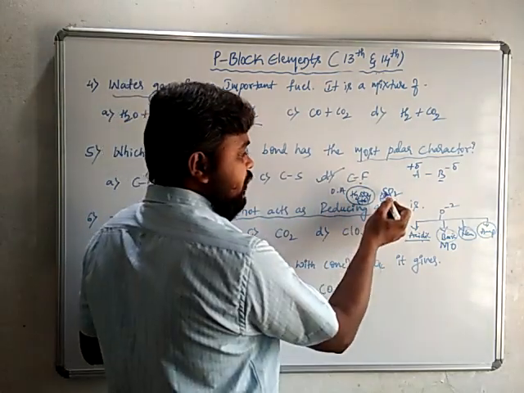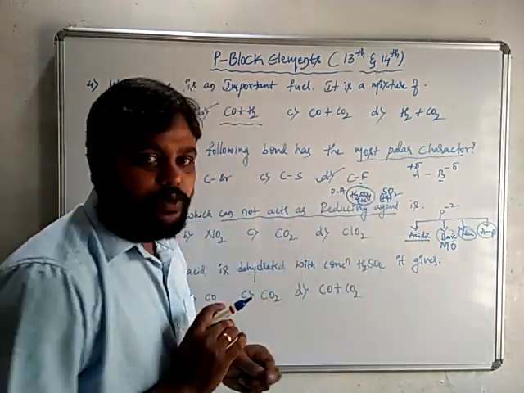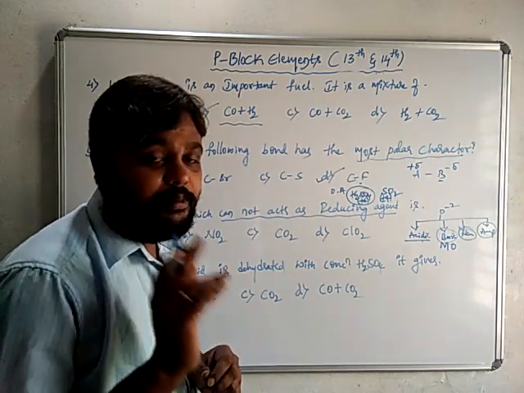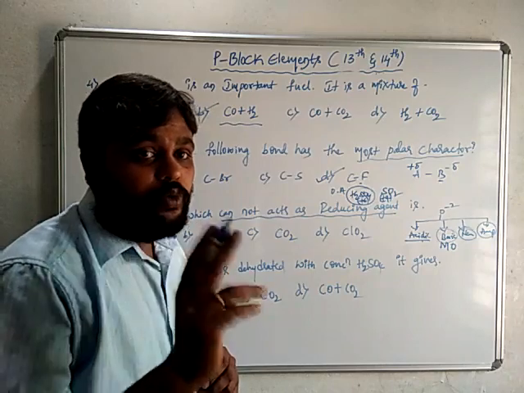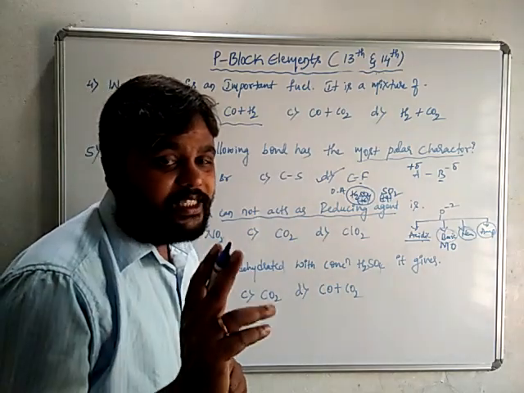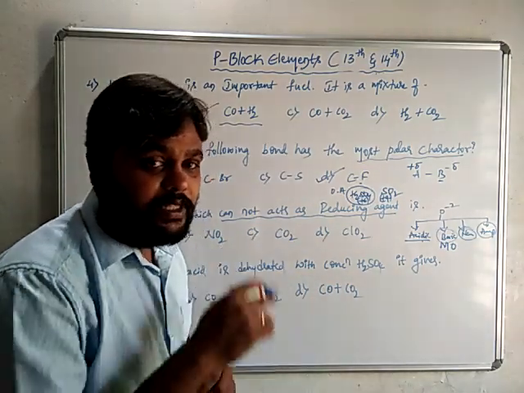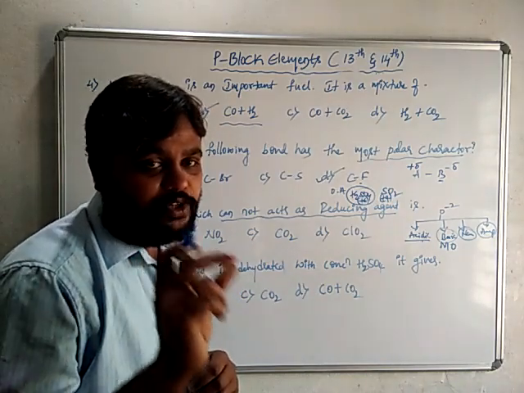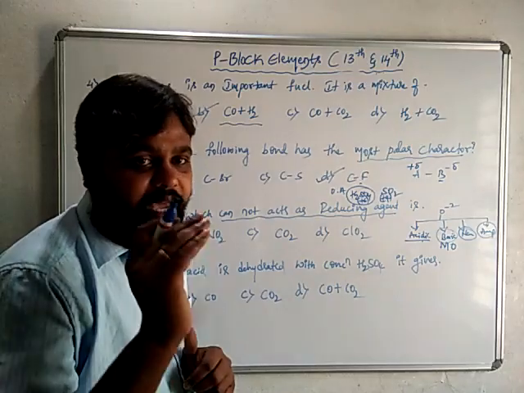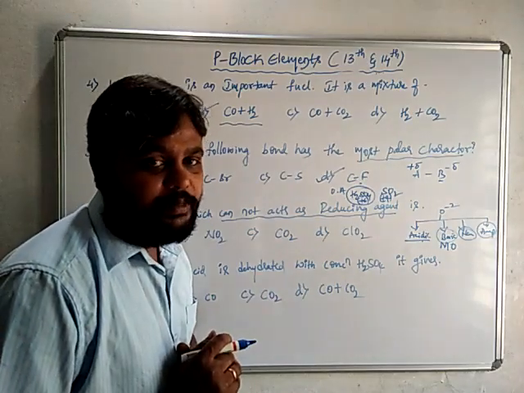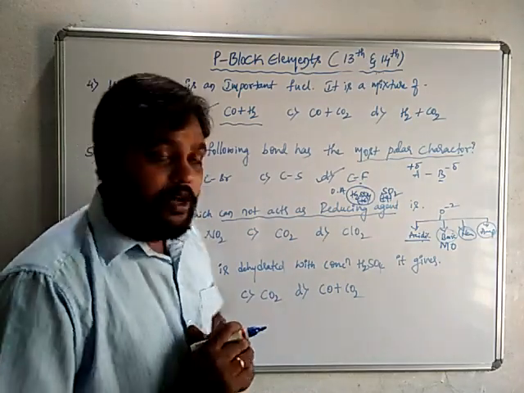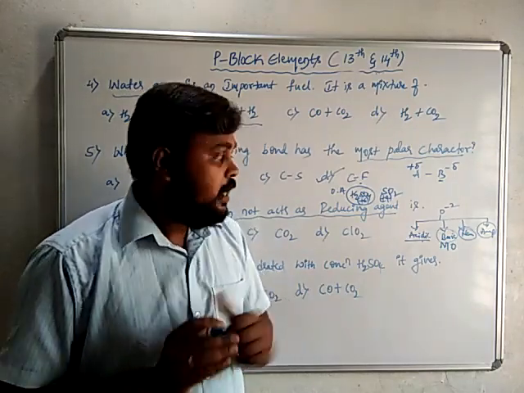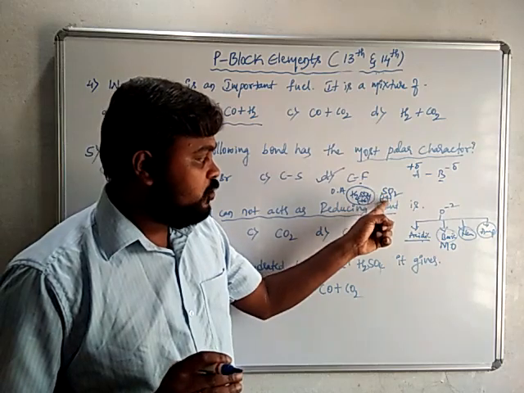Whereas in case of sulfur dioxide, the sulfur oxidation number is +4, which is not the maximum. Actually, sulfur's maximum oxidation number is +6. Remember one thing: the group number refers to the maximum oxidation state. I told you in the synopsis of this chapter itself, the Roman number of a group refers to two things. One is the maximum oxidation state, another one is the number of valence electrons. Sulfur belongs to the 6th A group, hence its maximum oxidation number is +6. But here in sulfur dioxide it shows +4.